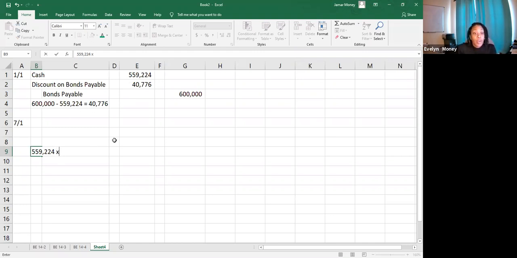So we take that carrying value and we multiply it times the market rate of interest. Now the contract rate was 7%, but the market rate, or the effective interest rate, is 8%. So multiply that times 8%. And then we still need to multiply that times a half, because the 8% is an annual rate and interest is being paid out 2 times a year. So once we do all of that,